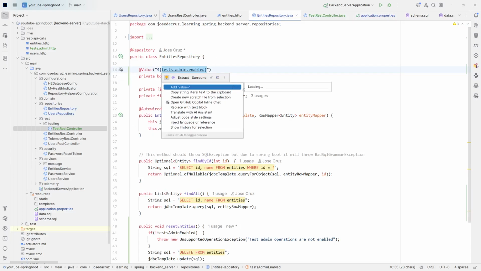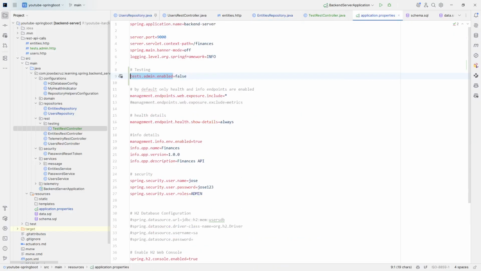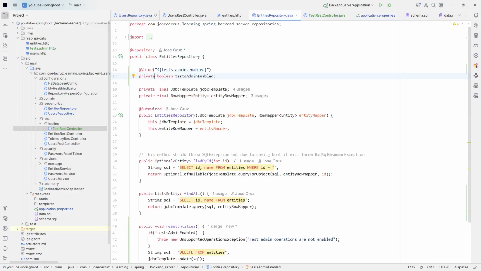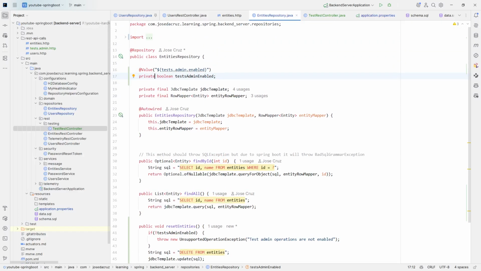And it is Boolean. And Spring Boot is clever enough to understand this is a Boolean using SpEL, and set this value as false or true depending on this value here. So when this bean is created, this property will be injected, and here I can test it. Which means that if by mistake, for instance, I forgot to remove the test class and someone discovers that,